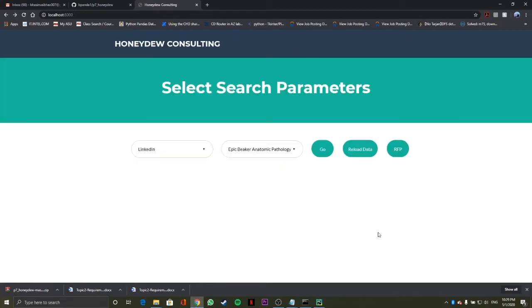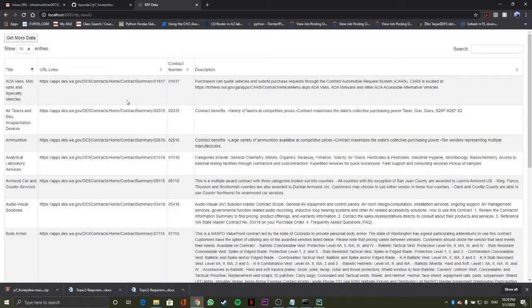For the second objective, we have the RFP button, which will get you to the database and show you the data we have already scraped once, and it has the same universal search bar. We can sort it by title, by URL, by contract number, and by description. Let's say you want to search for more data from the website. If we click on get more data,